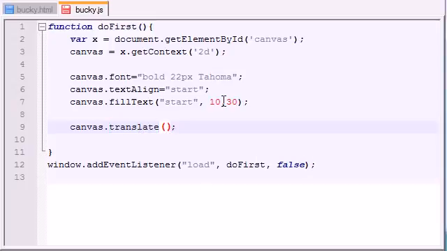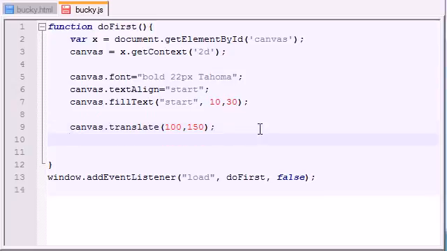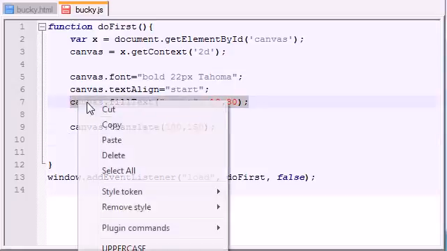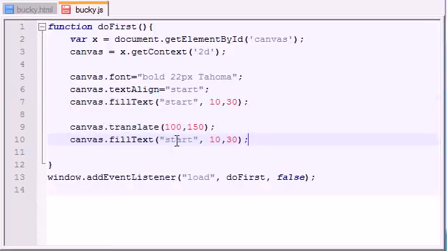This function takes two parameters. The first one is the x value, and the second one is the y value. So whenever we do this, we're basically saying move the canvas 100 pixels to the right and 150 pixels down, x and y. Now it would be good if we actually had something to write after that. So we'll write canvas fill text, and I'm going to copy this piece right there. And what can we write right here, after